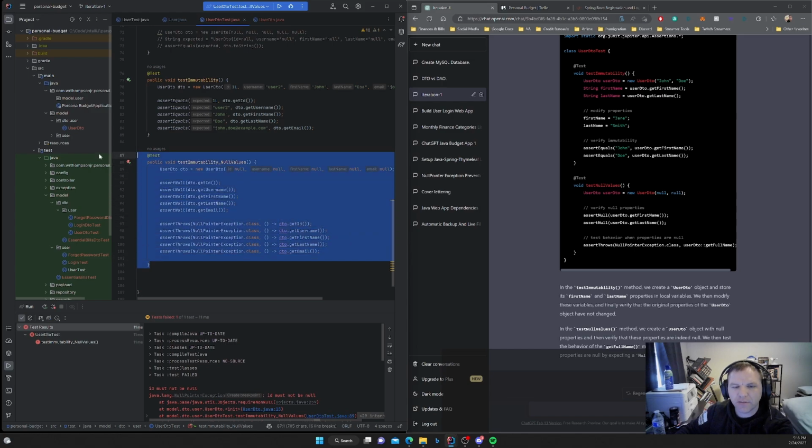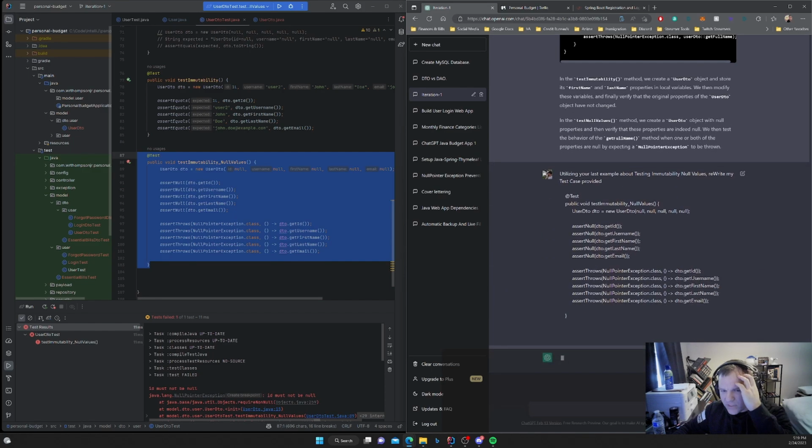So if that's the case, utilizing your last example about testing immutability null values, rewrite my test case provided. Let's see what it comes up with.